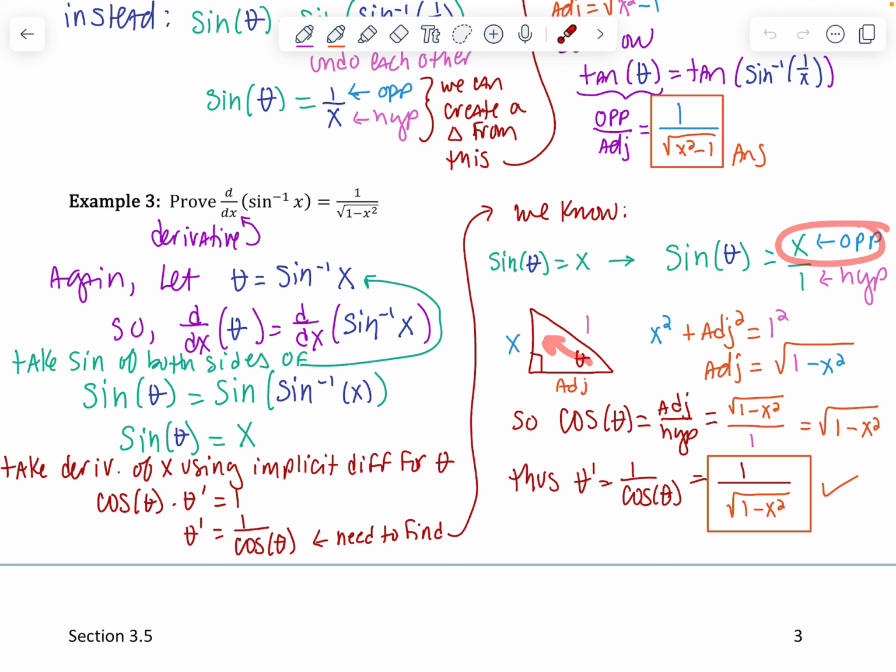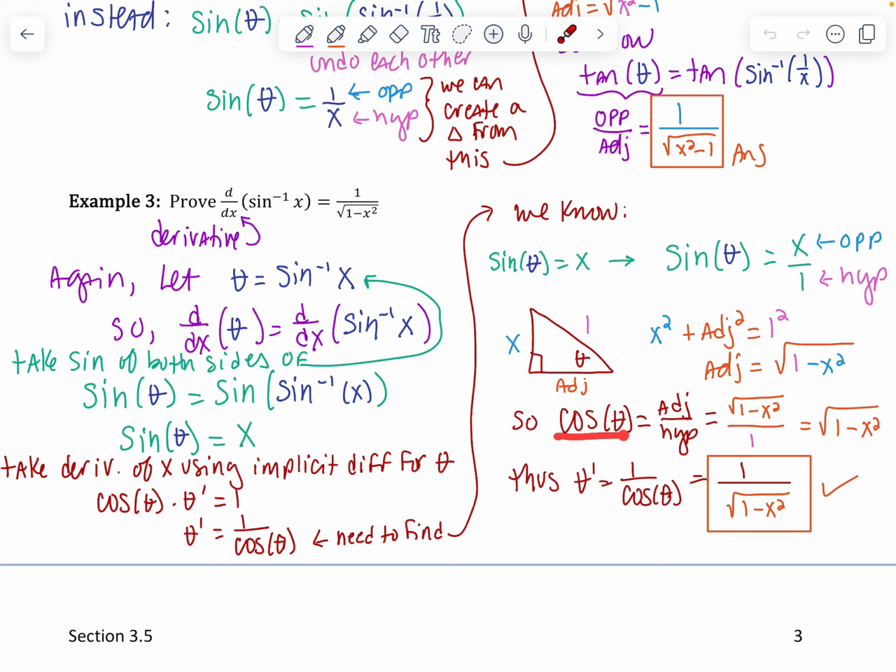The opposite side is x. The hypotenuse is 1. I can solve for the adjacent because of my a squared plus b squared equals c squared, subtracting the x squared to the right, taking the square root of both sides,